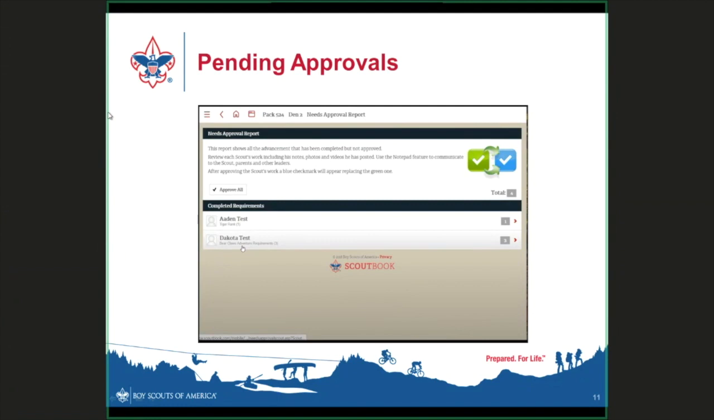They're seeing green check marks. So a green check mark means that it was complete. But if it doesn't have a blue check mark, which means approved by an authority, it won't sync to the national database. So that's where the problem is